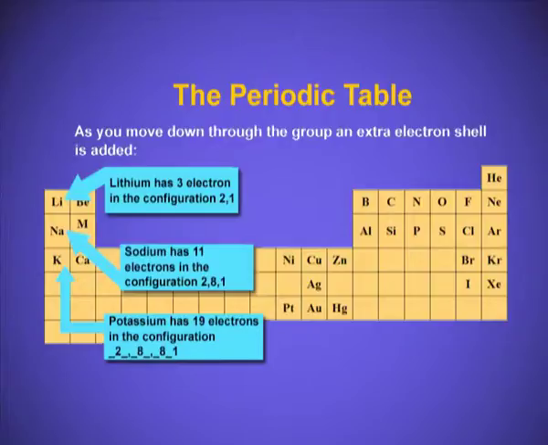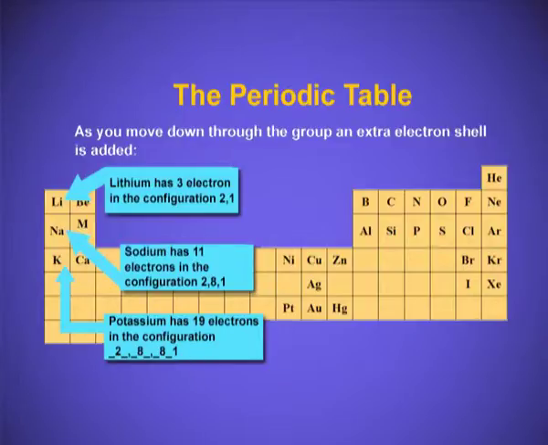In a group, the first group I am taking, lithium, sodium and potassium, just the first three elements of the first group. Lithium, the atomic number is 3, the electronic distribution will be 2, 1. Sodium, atomic number is 11, the electronic distribution will be 2, 8, 1. That means the introduction of the third shell.